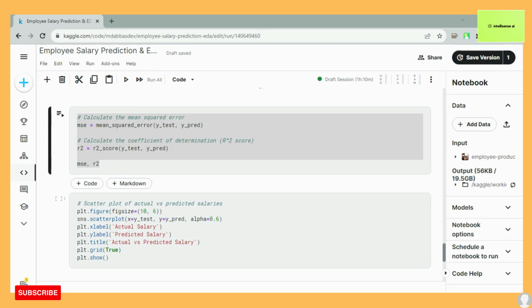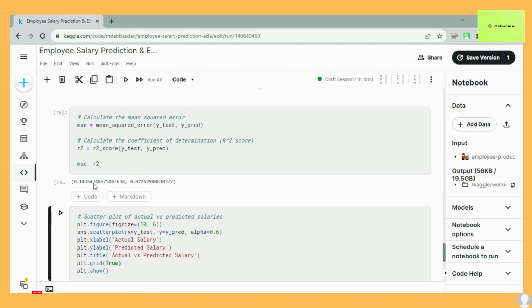So finally I can return that MSE and R2. So I can just return it. After that, let me run that code first. It will be returning those two things, that means the mean squared error along with that R2, that means